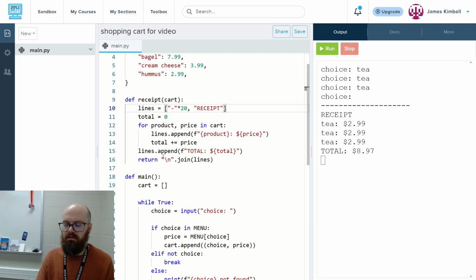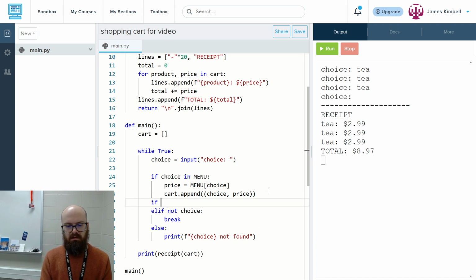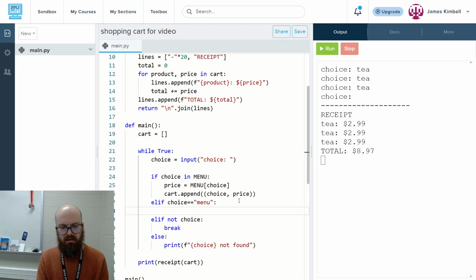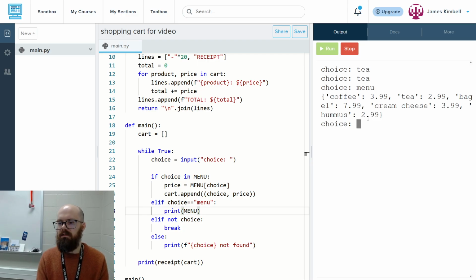What about this down here? You should probably be able to say menu to see the menu, or something else. So let's say if choice is menu. No, that should be elif, because these are all dependent on each other. Then we'll go print menu. And then you can say, okay, I can still do the same, but if I want to see the menu,